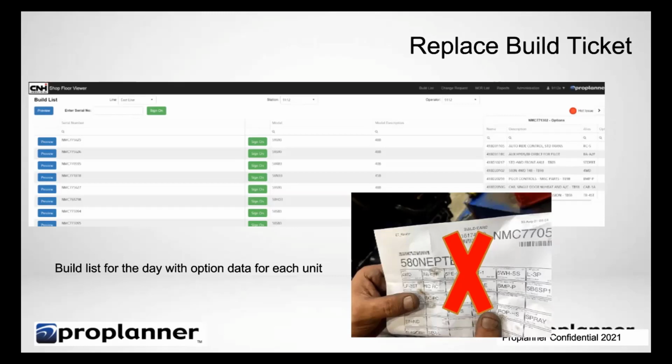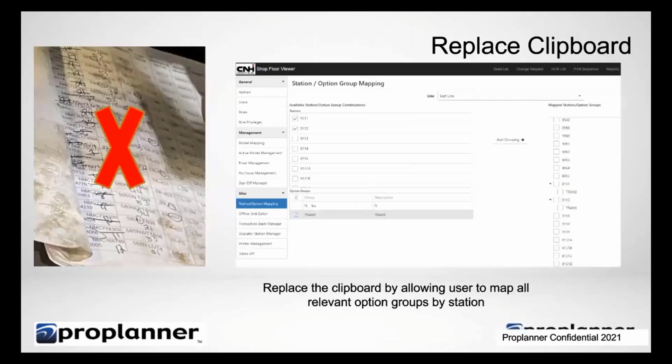And so none of those boxes on a pick sheet or build list that they have to go through and figure out what options are here. We replaced the clipboard with allowing them to set options that are not necessarily for that station. So if I'm working at this station and I'm working on the engine, the way I leave the wires on the engine is critical to a station that's maybe 20 stations down the line. So based on the option, I need to know what that option is 20 stations down. So not only am I adding station options that are relevant to my station, I'm also adding options relevant to stations that are further down the line.